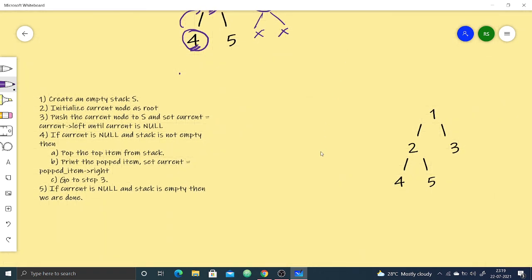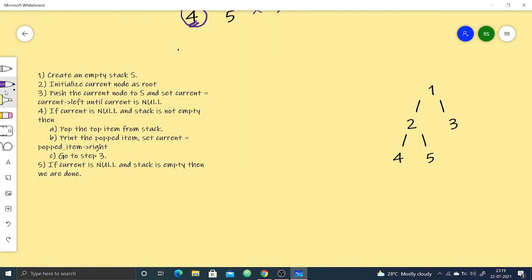So what are we doing? We are making another data structure, a stack, and let the name of the stack be S. Now I have been given the address of this root node.